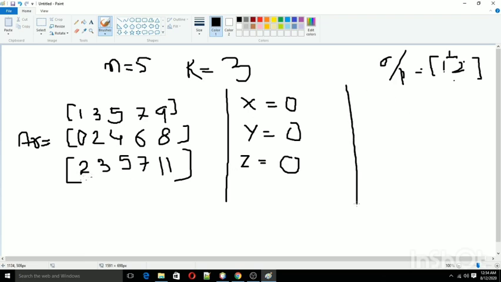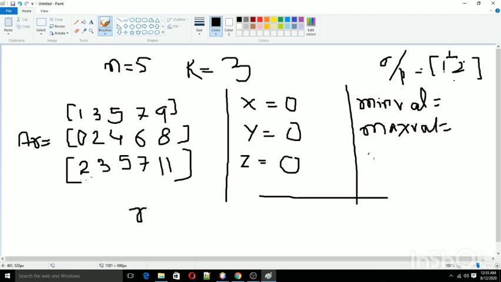Now let's take some more variables which we need. Min val, this is the minimum value. Max val, the maximum value. For now these two, and there will be three more things.